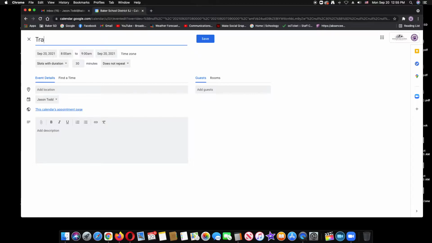You can name these whatever you would like. This is what people signing up for the appointments will see when you share that link with them. So you can go through and set these up just like a calendar event. You can have them repeat. This is a little different than the calendar events, that's not available. So this is specific to the